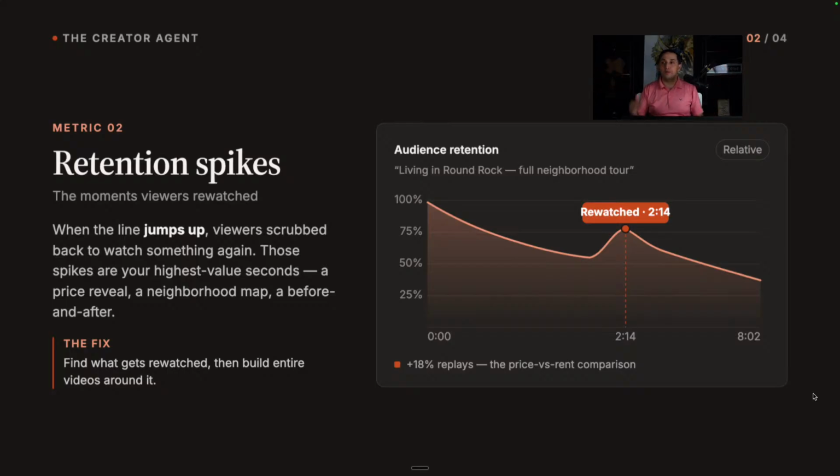And build more opportunities throughout the video as well. If you see that people are responding to text on screen because of the spikes that happen when you present text on the screen, what happens? Well, at this point, you need to be putting more text on screen in your content. That's how you start capitalizing on the analytics that you see plain as day in your videos.